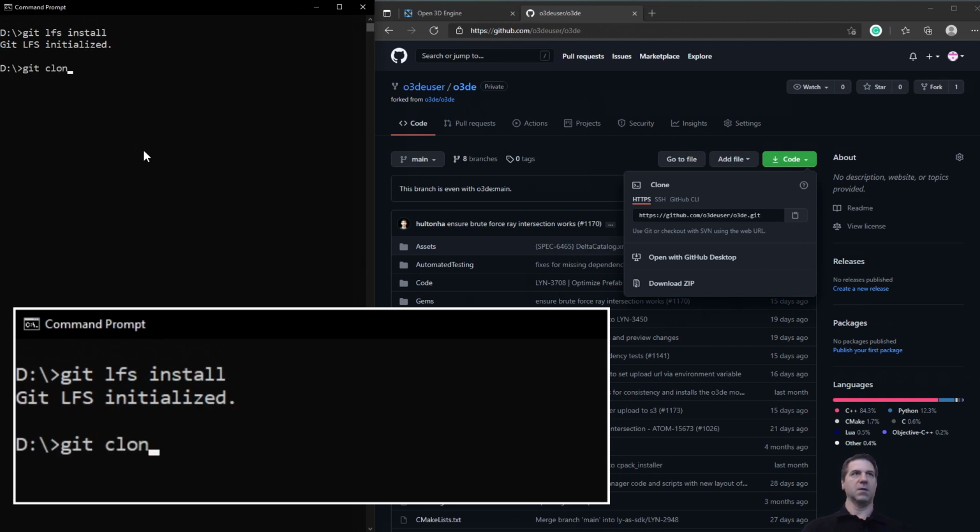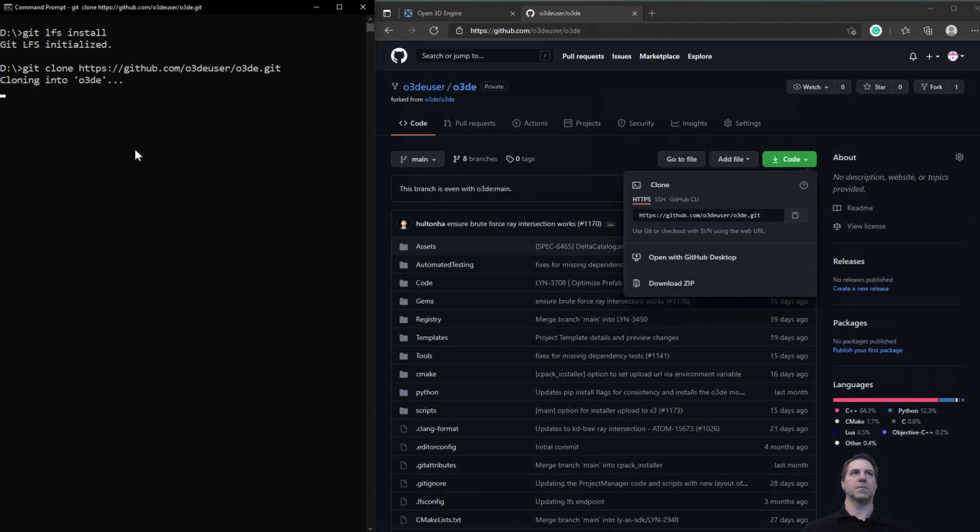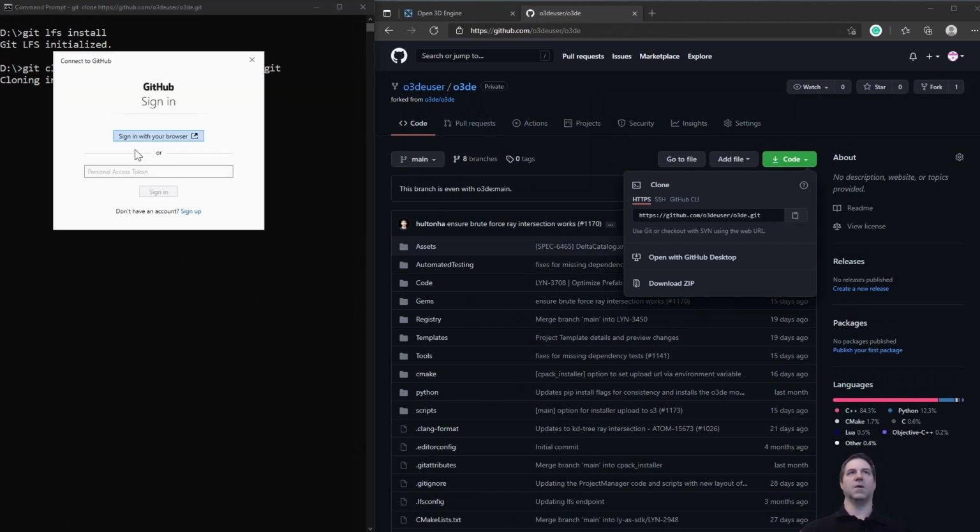And then we can get clone from there. Now, again, this is going to pop up a request for either signing with your browser or a personal access token. What you're going to want to do is build that personal access token. The reason is because we use both LFS for the binary side as well as GitHub for pulling the